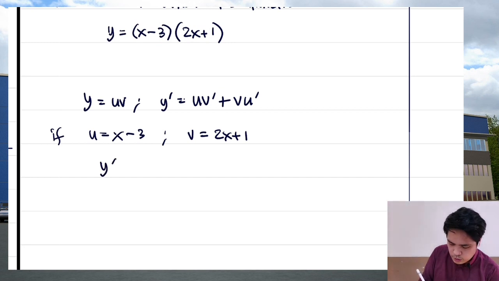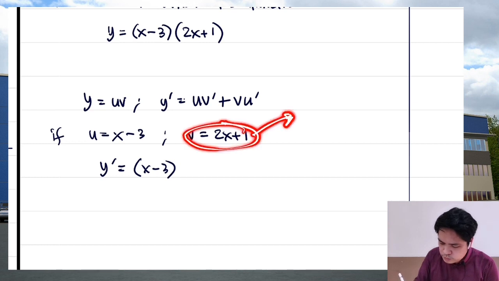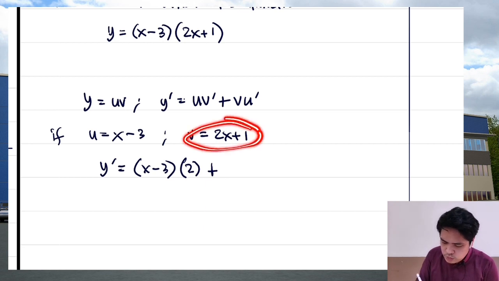So y prime would be equal to u, so unahan natin yung u, x minus 3 times the derivative of v. So what's the derivative of this? The derivative of 2x is just 2, right? The derivative of 1 is just 0, so that is 2,